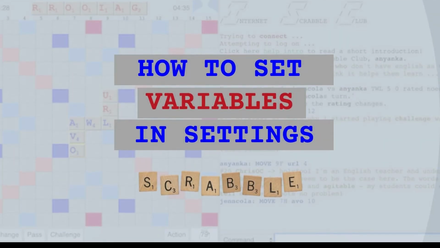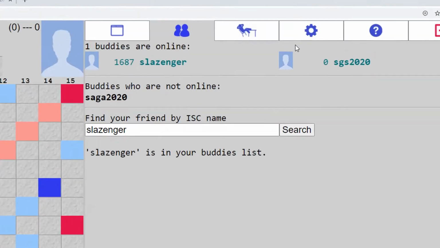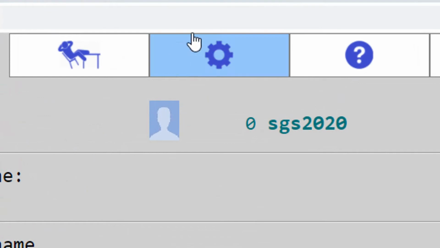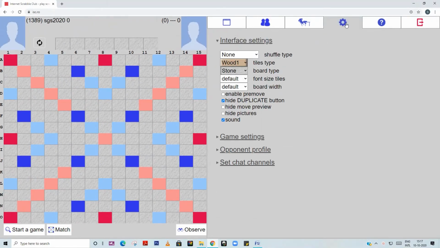How to change settings? Click on the settings option and go to game settings.